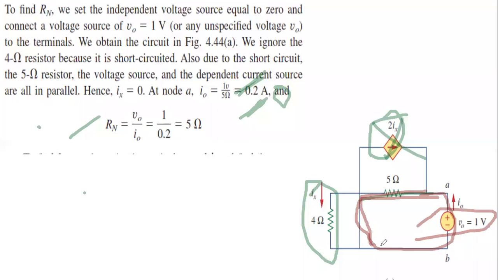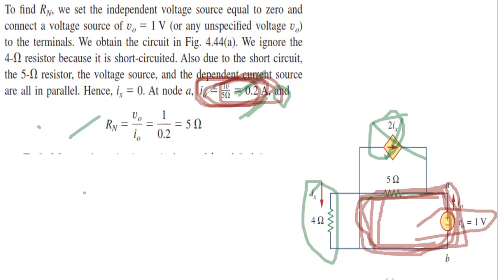This portion is there only. No other thing is there. So 1 volt divided by 5 is going to be the current, and that is here 0.2 ampere. So I naught is 0.2. Now all these things, whatever I discussed, are written here, you can read.